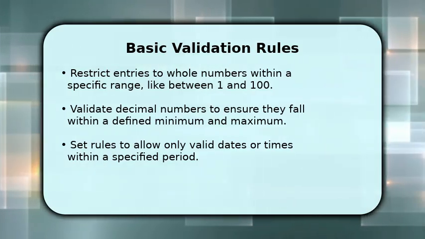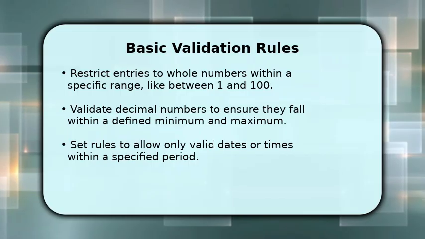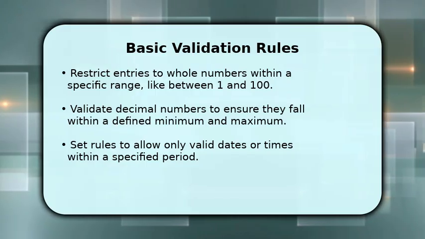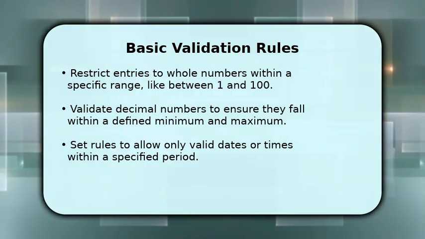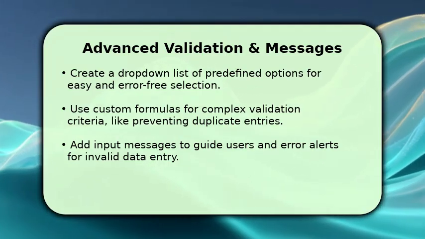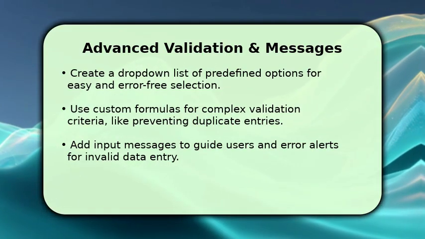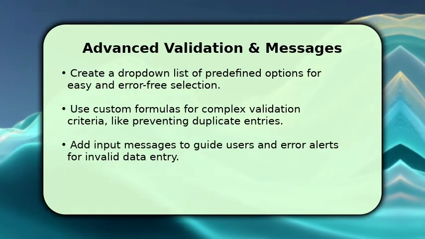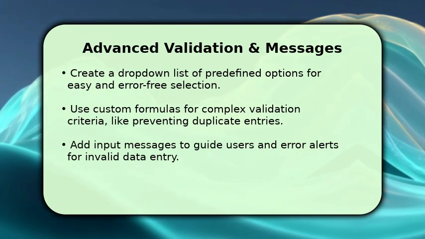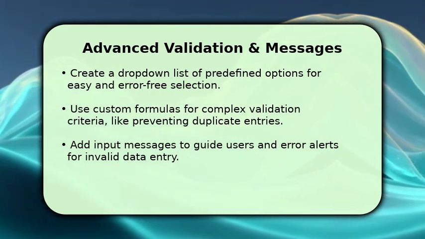For dates or times, select date or time and define your acceptable range, such as between 7:00 a.m. and 8:00 p.m. For more advanced control, use the List option to create a drop-down menu from a range of cells or a comma-separated list. You can also select Custom and write a formula for unique validation needs, like ensuring a cell contains only unique